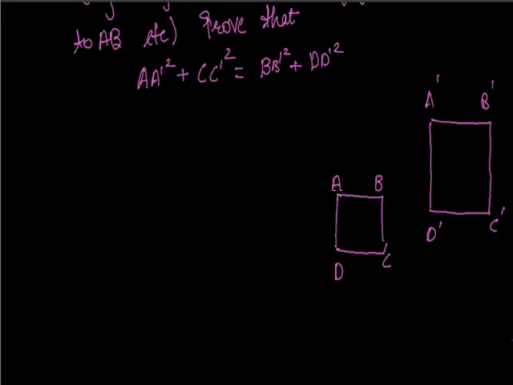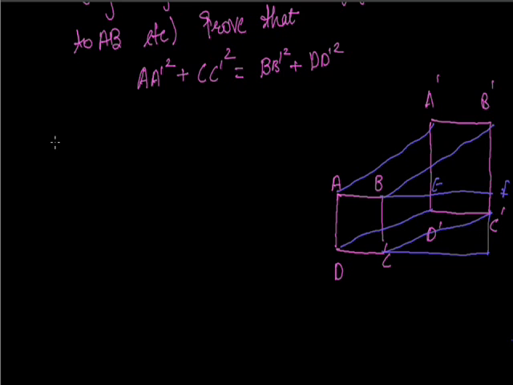So let us join A to A', B to B', C will be joined with C', and D will be joined with D'. Now extend B to F. Let this point be F and this point be E. So starting with the example, let's take any point. So join this also.